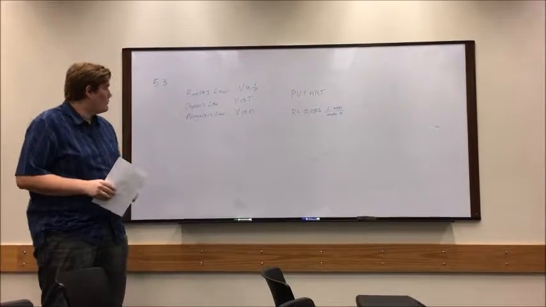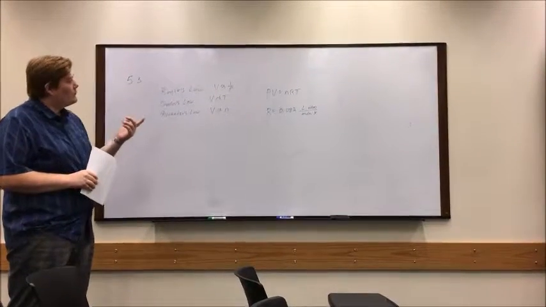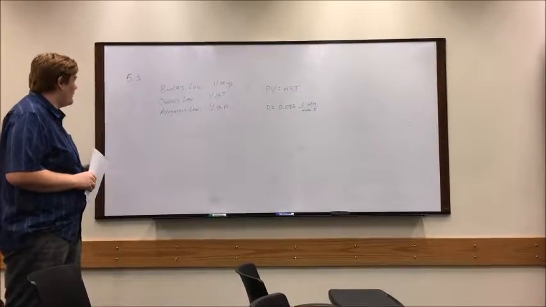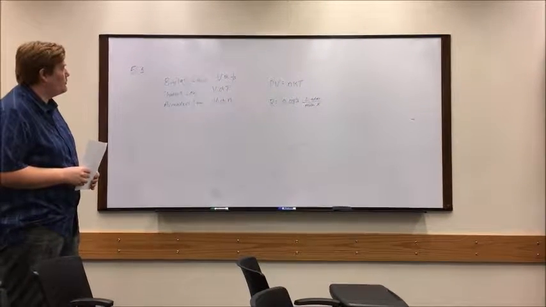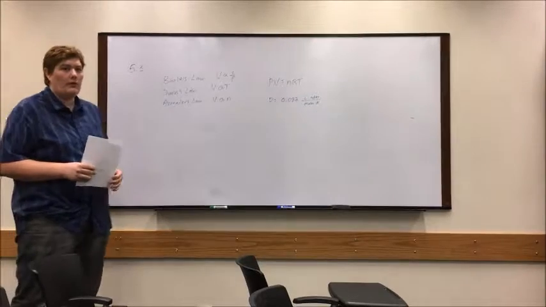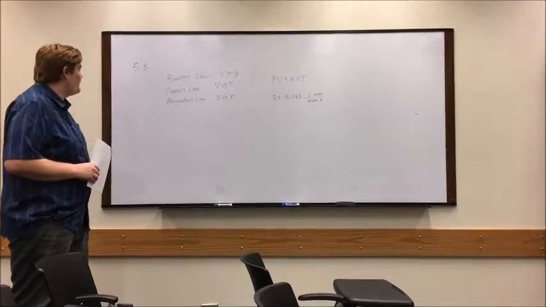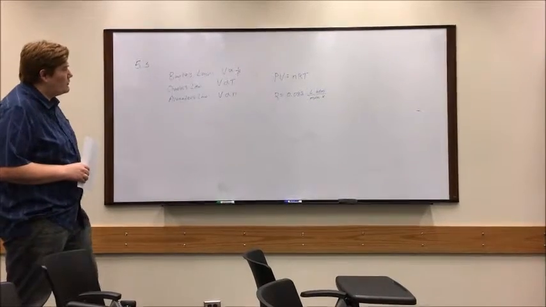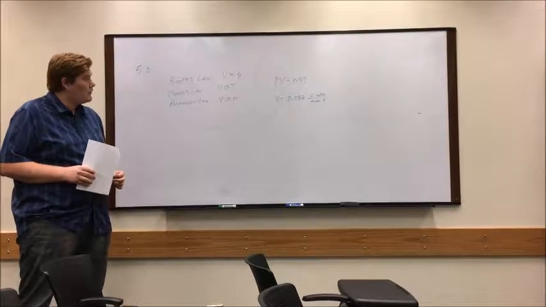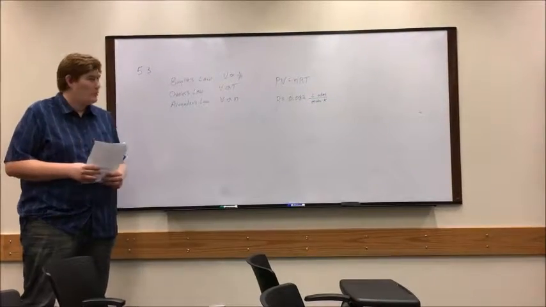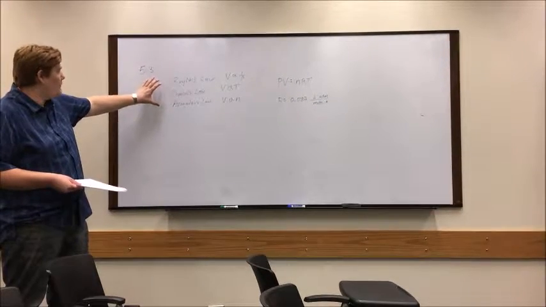So in section 5.3, we studied the ideal gas law. Before we arrive at the ideal gas law, we have to talk about Boyle's law, which says the volume of a gas is proportional to 1 over pressure. So they're inversely related. So as volume goes up, pressure goes down, and vice versa. For Charles' law, volume is directly proportional to temperature. And for Avogadro's law, the volume of a gas is directly proportional to the number of moles, or the amount of gas. So when you combine these 3 laws,